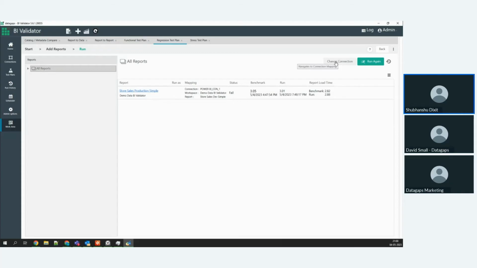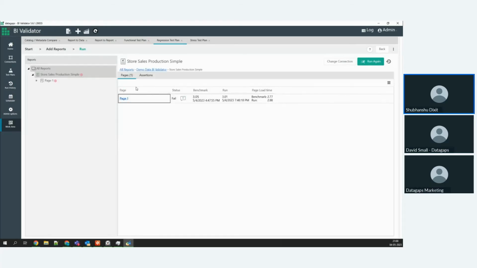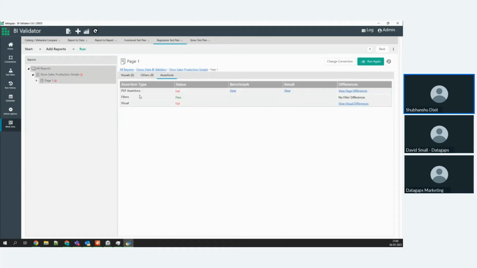This means that if I have multiple versions within my development, say 3-4 versions that I'm trying to work against, I can actually run this test at once or repeatedly with different connections. Going back to our example, I have created a new report, store sales dev simple, and this is what I want to validate against. And so I run the system, and this is what it gives out. There are some concerns, something has failed. If I click on page, I can